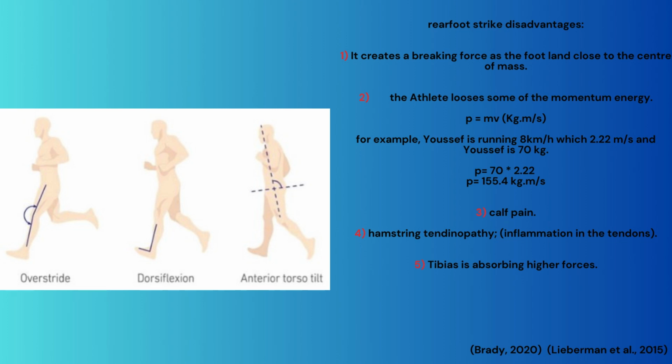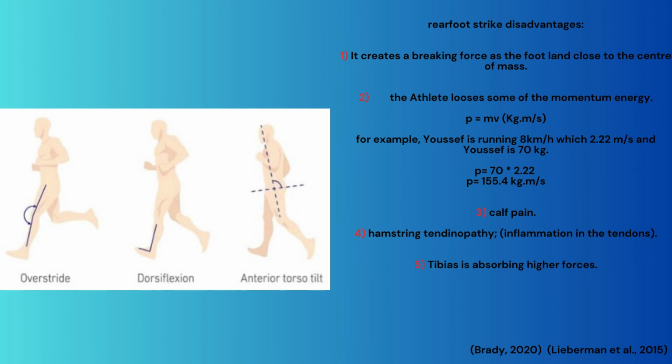For example, Yusuf is running at 8 kilometers per hour, which is the jogging pace. The velocity from 8 kilometers per hour, we convert to meters per second, which is 2.22 meters per second. So P is going to be 70 times 2.22, which gives us 155.4 kilogram meters per second. This is the unit of momentum,